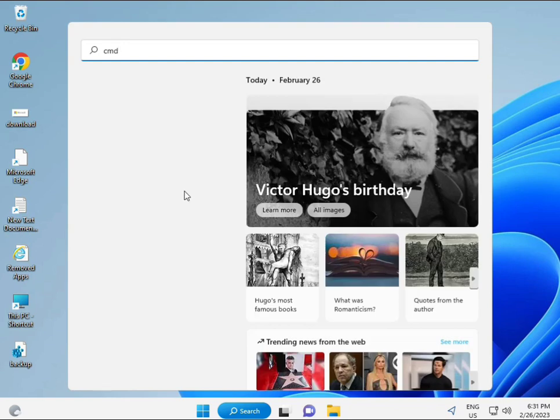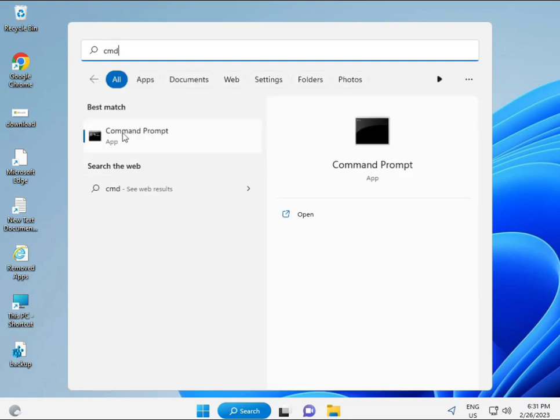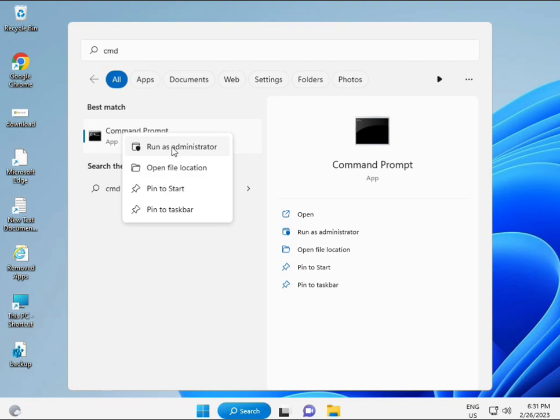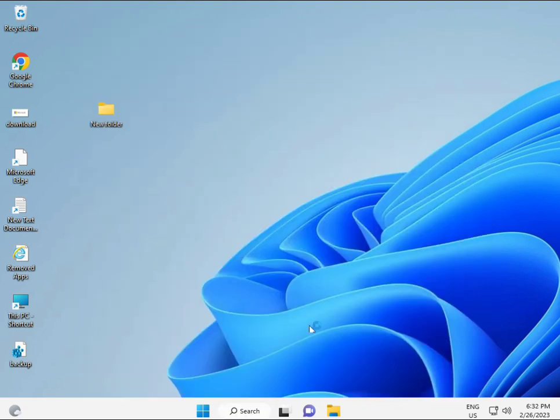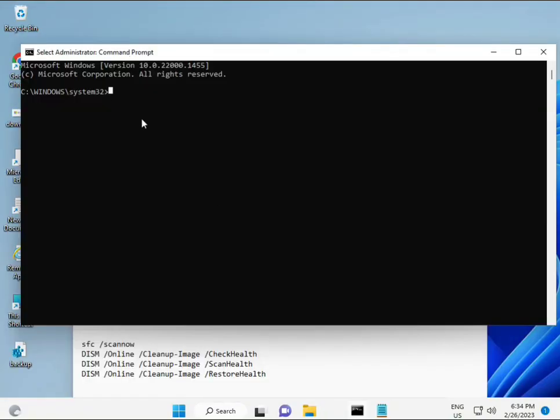Then guys, click the start button and type cmd and then enter. You can try to run as administrator. Right click and run as administrator, so you're giving full permissions. Okay,